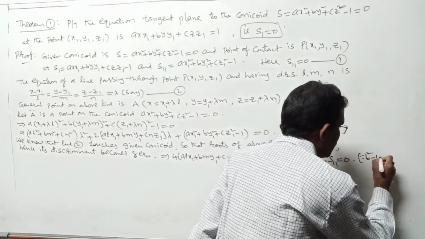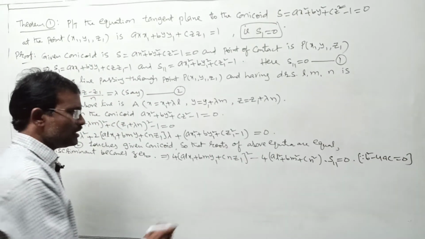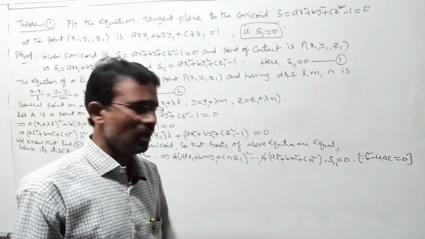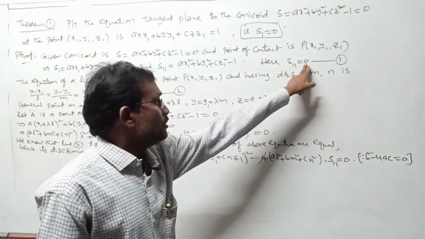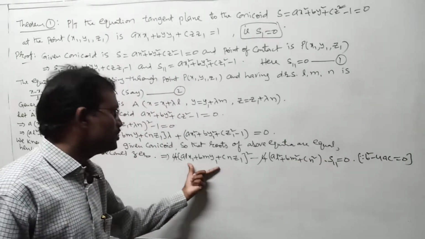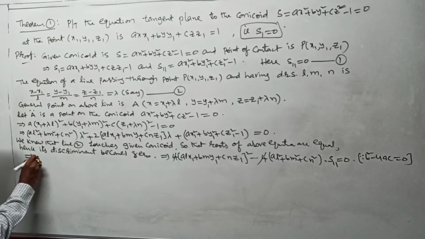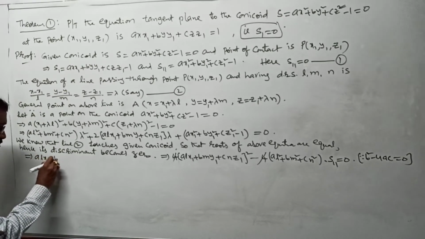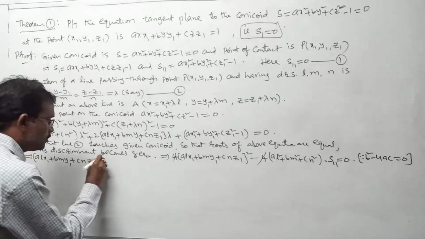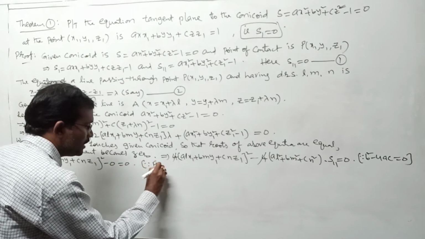The reason: since b² − 4ac = 0, we use the discriminant-becomes-0 condition. Here, take 4 common and divide by 4. After that, look at number 1. According to 1, S11 is 0, so that term becomes 0 and just this remains. The square term is not required here also. I am writing that last relation as (al x1 + bm y1 + cn z1)² − 0 = 0, since from 1. I am writing the condition clearly.